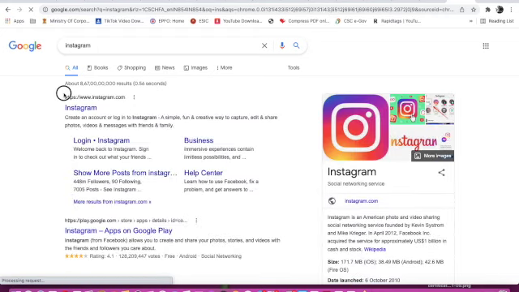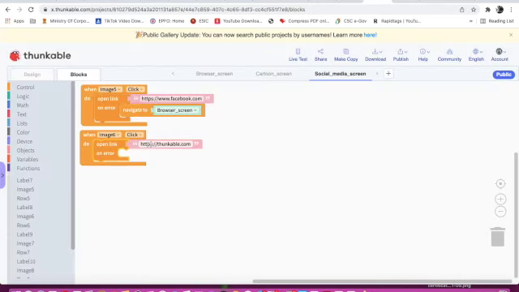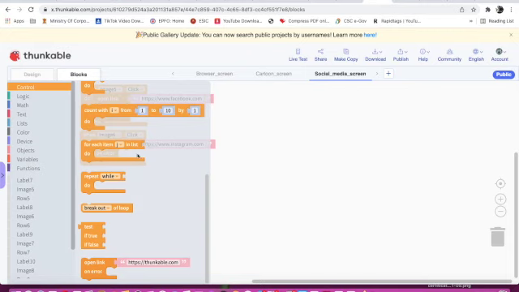And I will copy this. And here I will paste it. And navigate to browser screen.